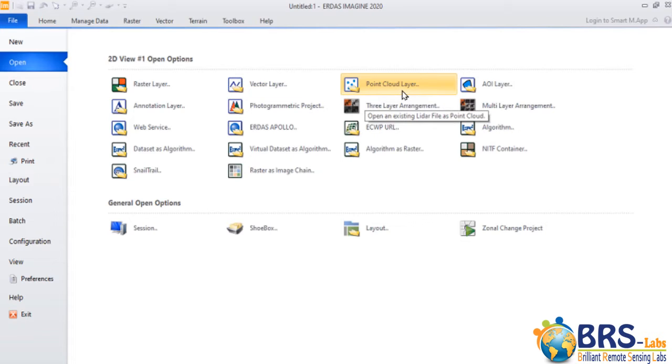Point cloud layer, and that is a file with an extension .las as a result of aerial laser photography, also called LiDAR. Annotation layer, the file with extension .ovr, which we will discuss later, is actually similar to vector layer but with less options. It is also made up of points, lines, and polygons, and we will draw it ourselves using ERDAS